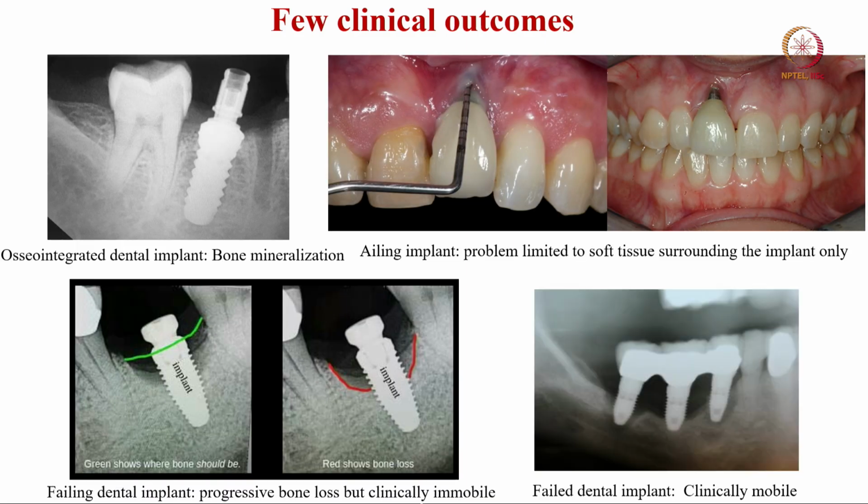Now, these are published studies, a few clinical reports. This green line essentially shows where the bone should be, and red shows that there is bone loss. So, this bone loss is certainly not clinically acceptable. Now, there are also failing implants, where you can see soft tissue surrounding the implants. And what is the perfect implantation? This is your natural tooth, and this is the implant without a crown. Now, this crown can be placed. If you see the osseointegration of the natural tooth and the osseointegration of the synthetic, manufactured implants, these are comparable.